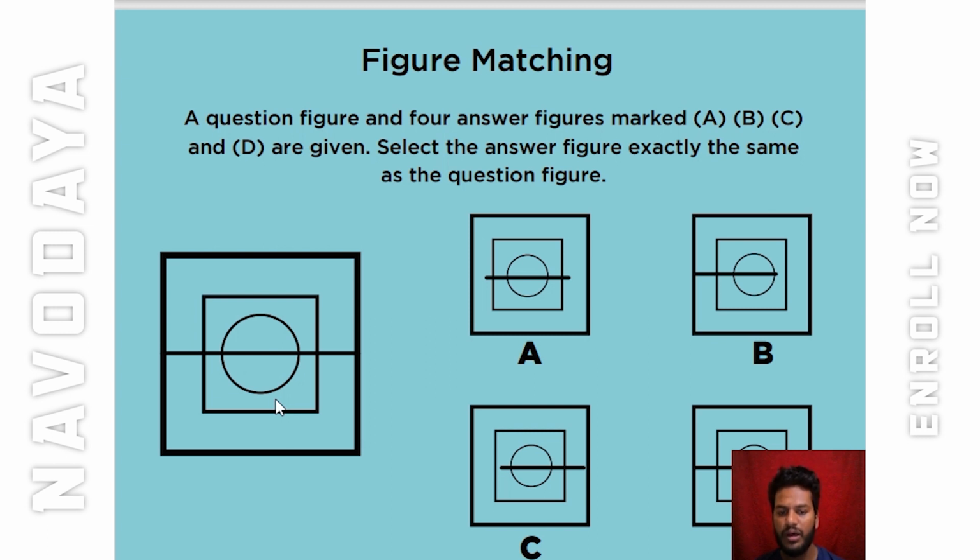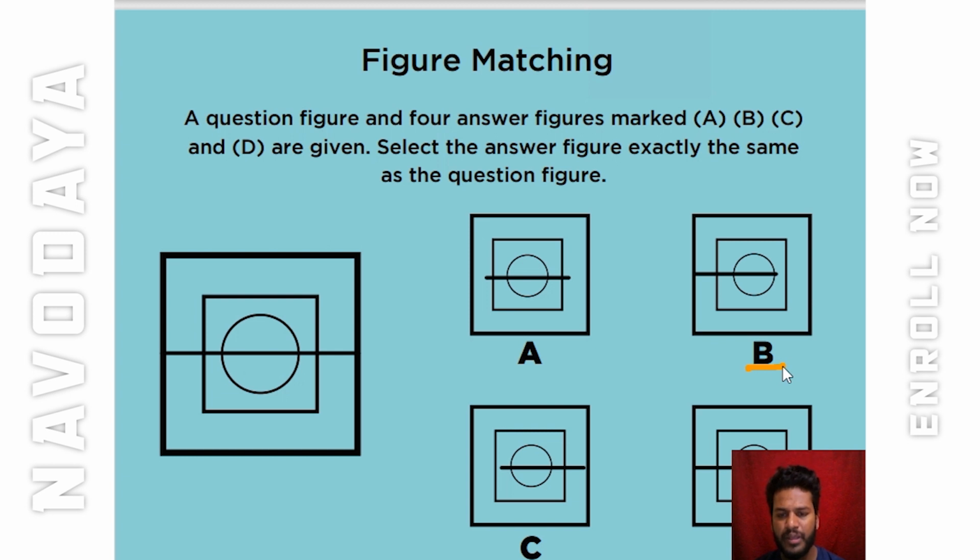Okay, we need to identify now which exactly matches the given options over here, A, B, C, D. Which one is the correct one? See, first thing, we'll see about option A. If we please identify, we already have the particular square, and we have the second square, we have the circle too, and we have the line too. But see, is that line connected with the first square? No, right? It's not connected here, on the left side or on the right side. Only that is connected with the second square and with the circle. So it's not matching.